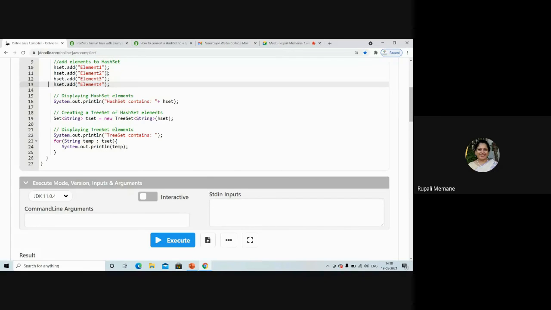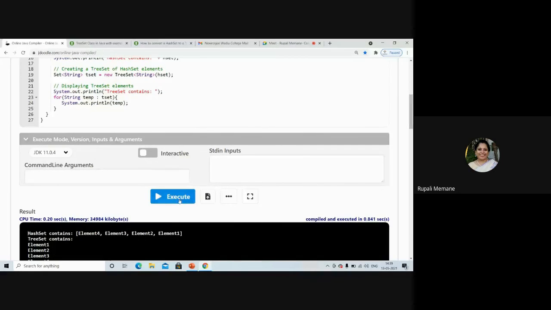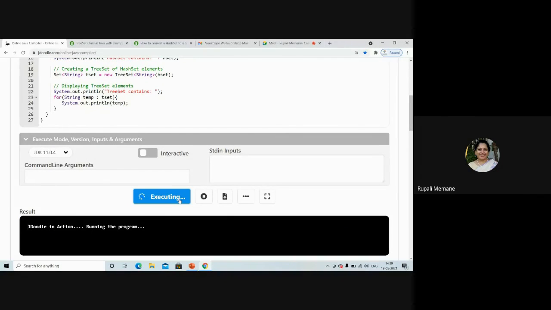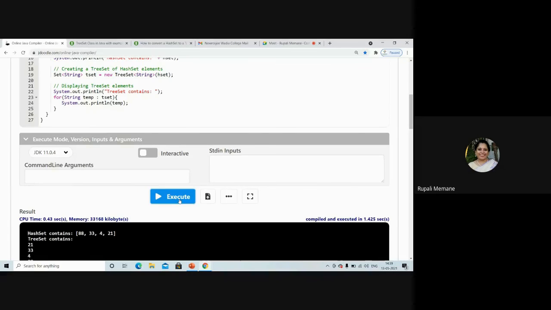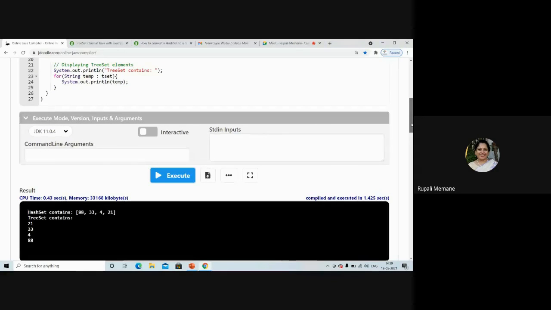If you put the elements in a hash set at random, let's say we try with numbers, you'll understand it more. Look at the numbers.